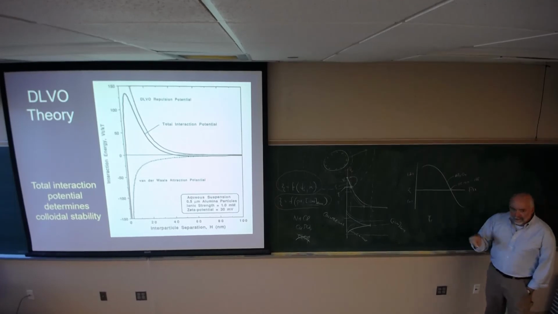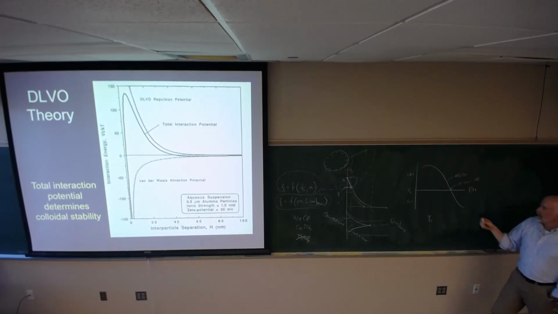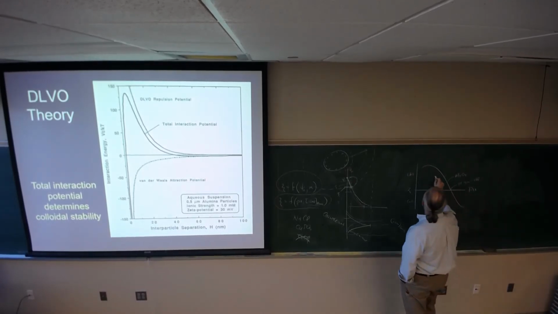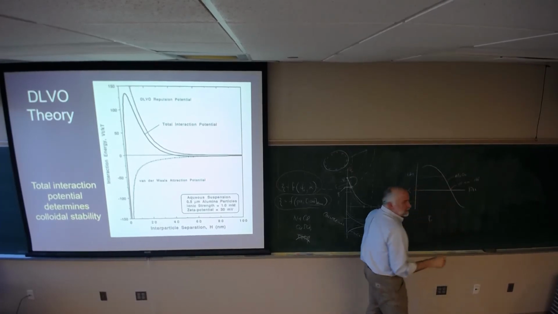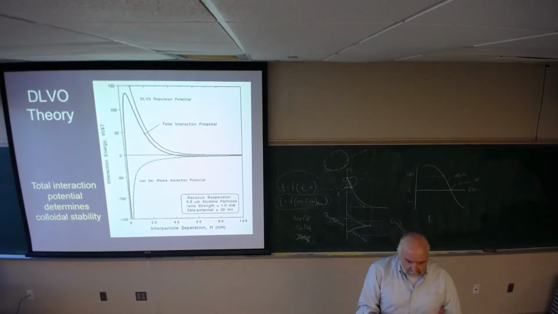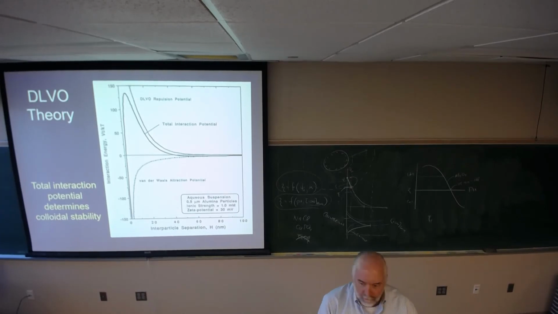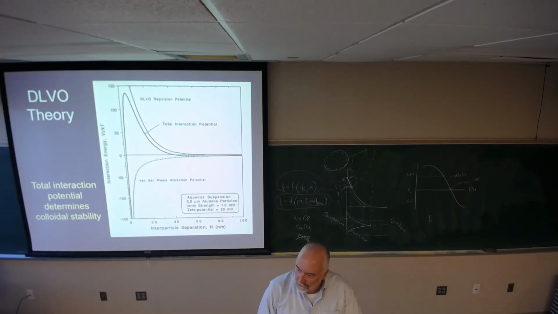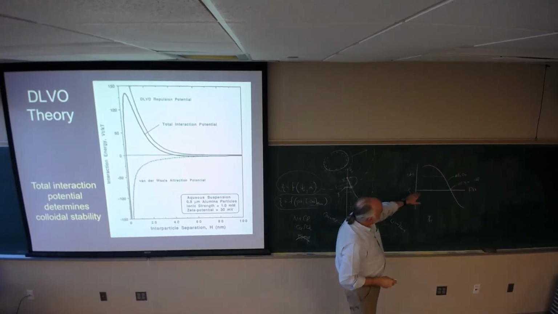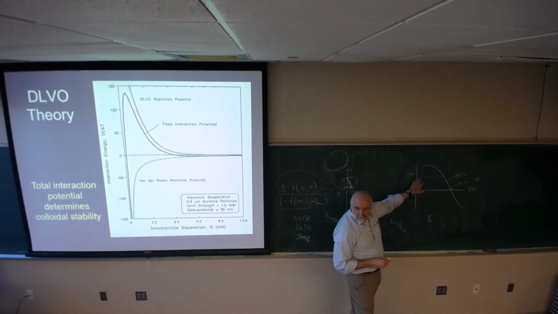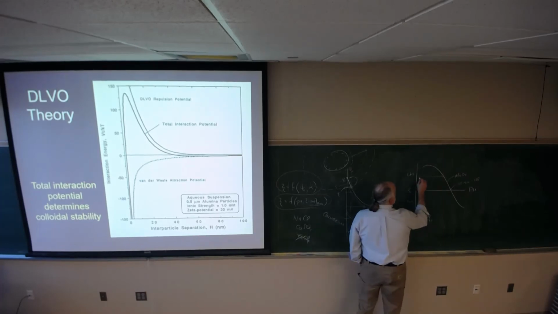So what happened about 25 years ago, people came in and said, we need a critical zeta potential here. They didn't define it this way. They said we need at least 40 millivolts. And that was true for alumina, but it's not true for silica because the Hamaker constant is lower. It's not true for zirconia because the Hamaker constant is greater. So as that Hamaker constant changes, this critical zeta potential value will also change. So we would call this zeta critical,